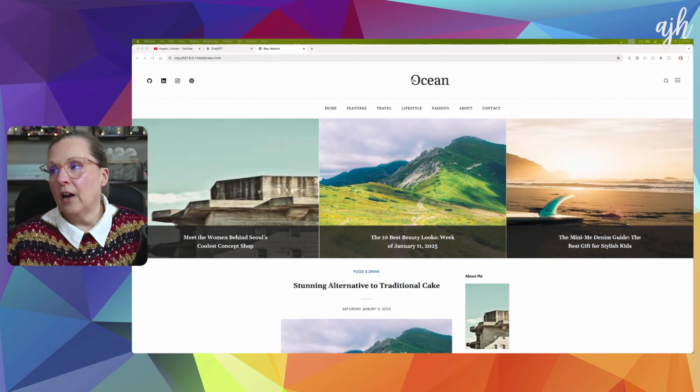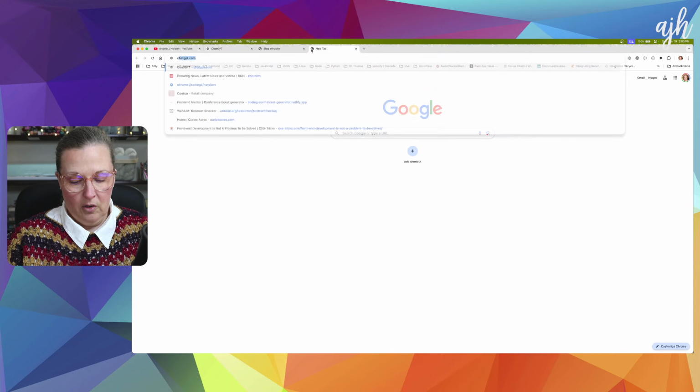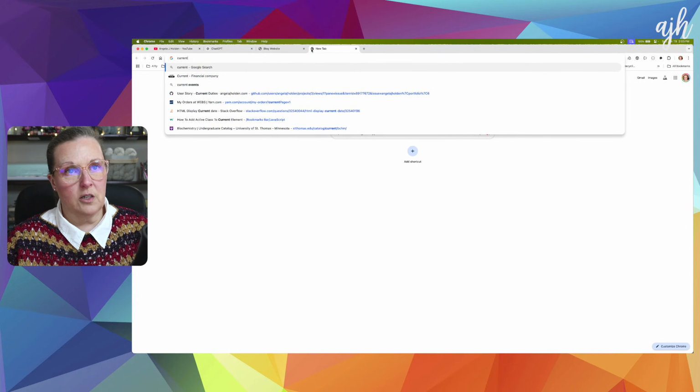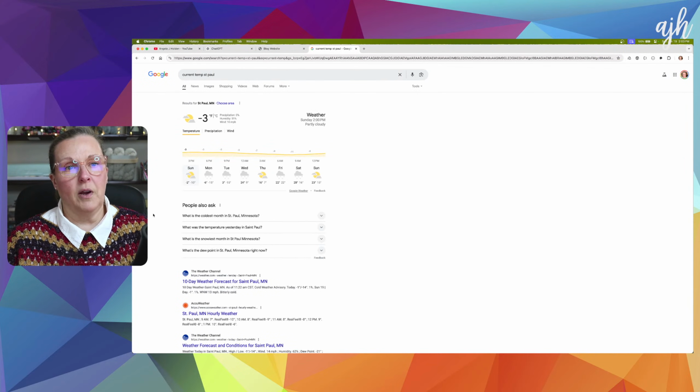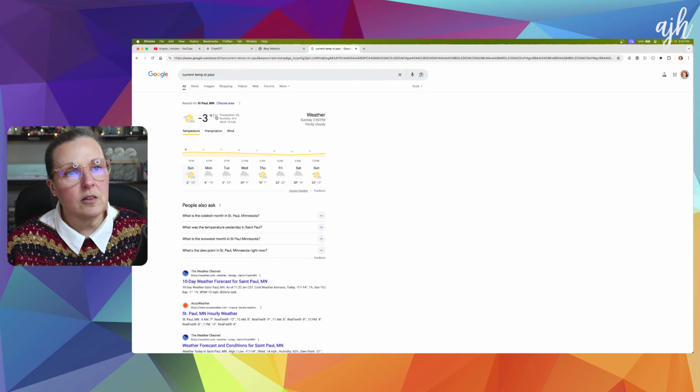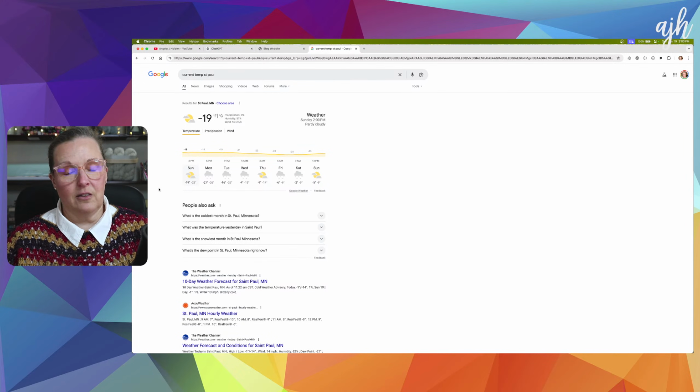And it is unbelievably cold right now. Hang on. We go through this every year in Minnesota. Current temp, St. Paul, -3. I don't know what that is in Celsius. Let's see here. -19 in Celsius. So yeah, it's really cold, and it's going to be this cold for the next couple of